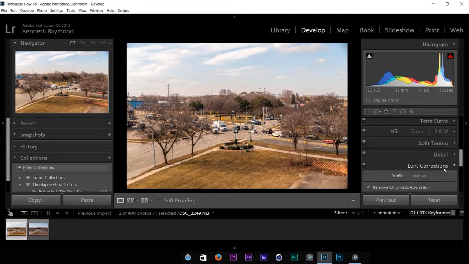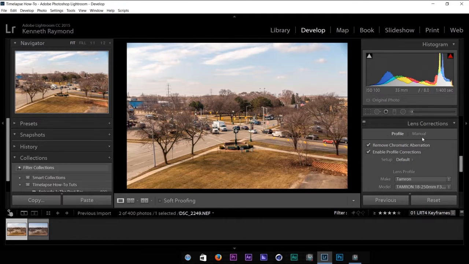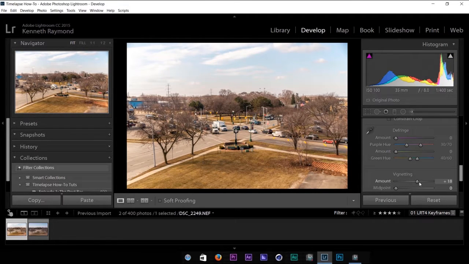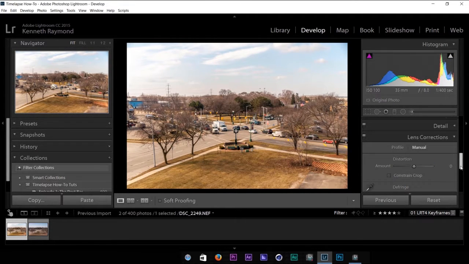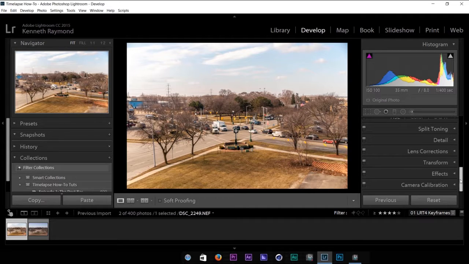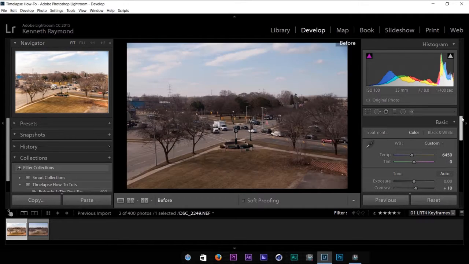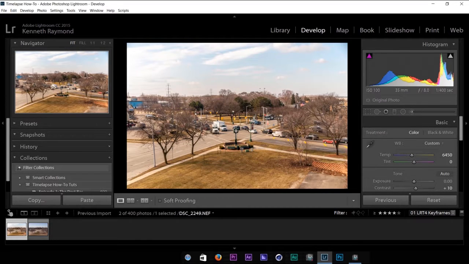You can see there's still a touch of vignetting up here. So I'll just take it out manually with lens correction. Just a little bit. Yeah, about like that is good. Come back up, check our before, check our after. That's not too bad. I think we can live with that. And now,